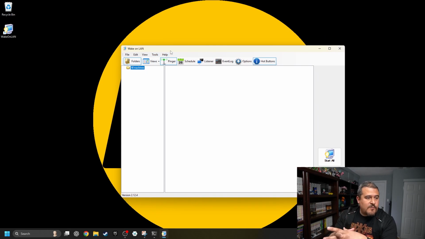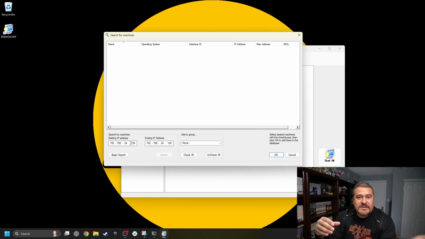Once you have this software up, most likely I think it's going to ask you for an IP range. So here, let me go ahead and show you. So unfortunately with this one, it doesn't really show, but all you got to do is just go to tools and then search for machine. Alrighty, so on this portion, you could go ahead and actually put your network address. So let's just say for mine here, and I'll show you. So it would be